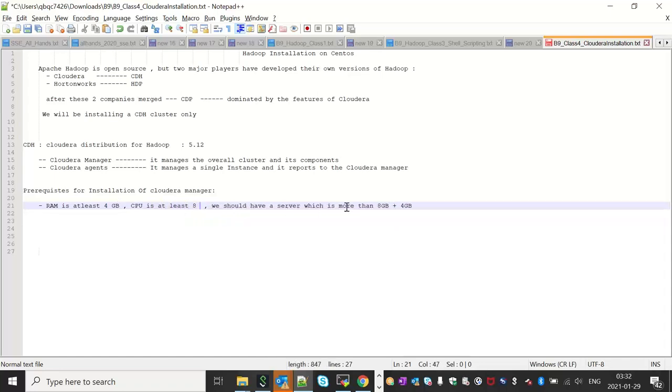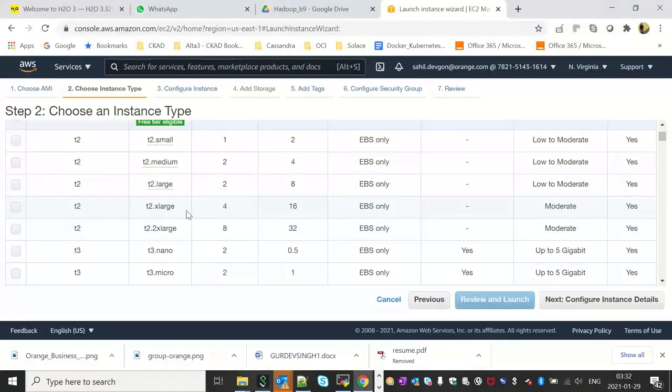Even if you have 4 GB RAM in this case, that would be fine, because it would not be utilized completely, since we are going to make only a 3 node cluster, and we have 16 cores in this version. So that's why we'll be using T2.xlarge,